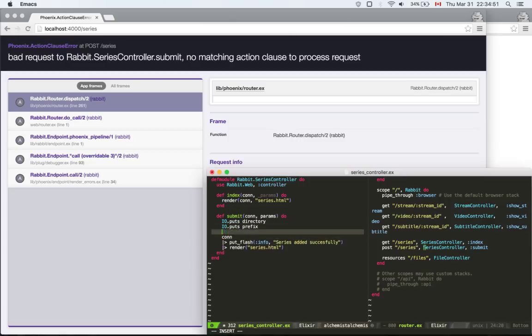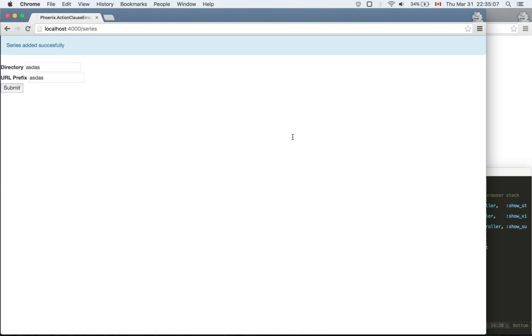I'm gonna leave that flash in. So the way you output arbitrary things in Elixir is by doing IO.inspect, and this works because